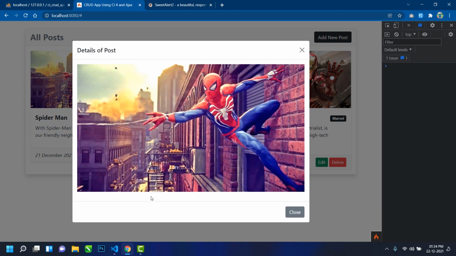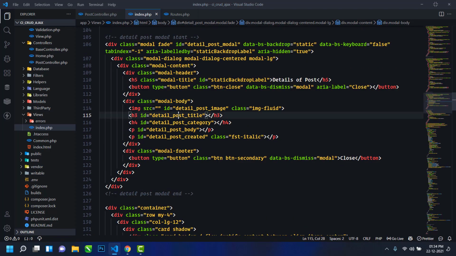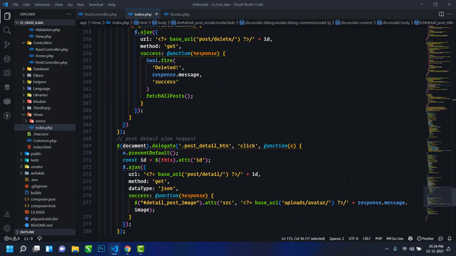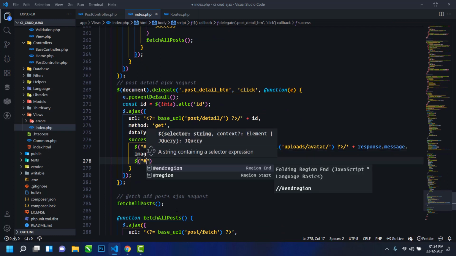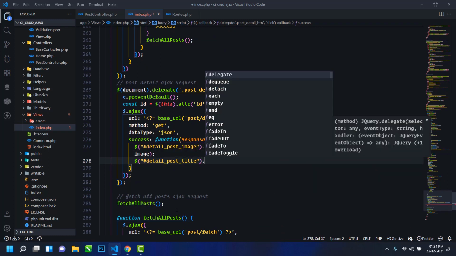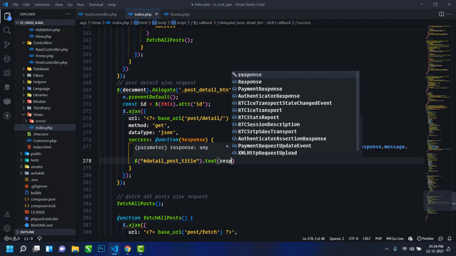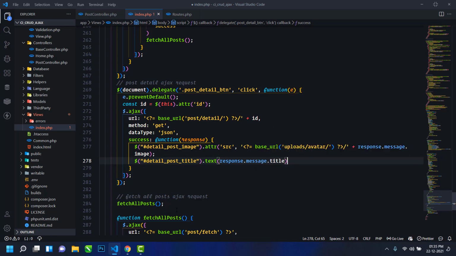Now just below this we will display other details. So post detail, post title. Go to the ajax request here and select it, then use the text method, text, then response, then message, then title.